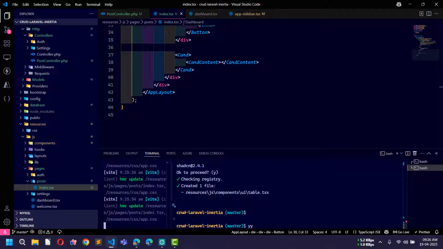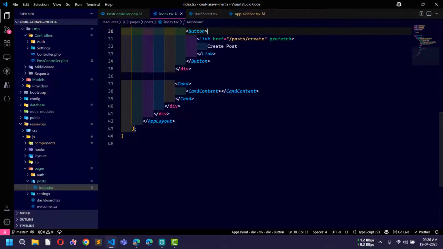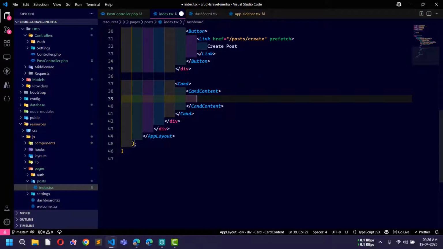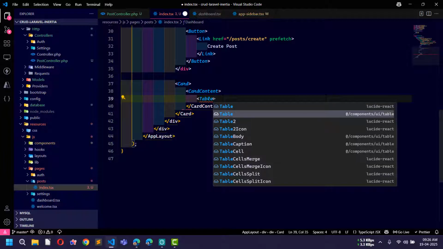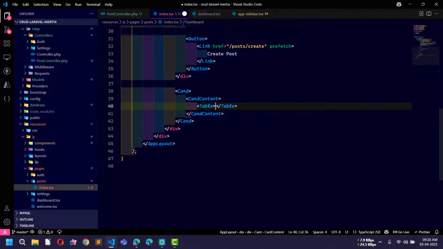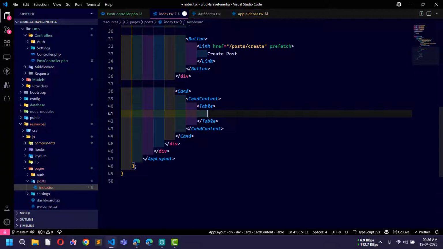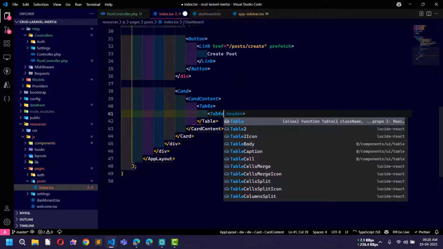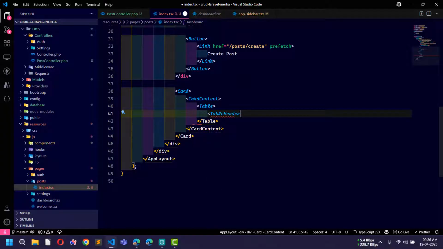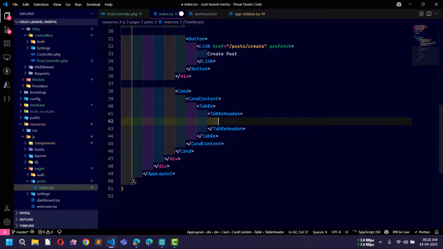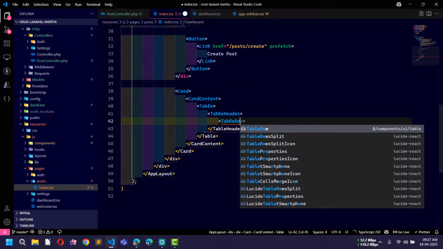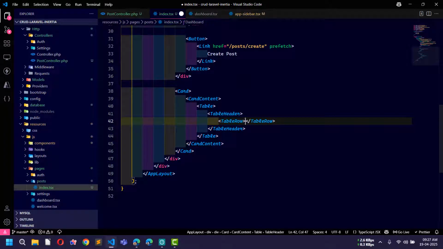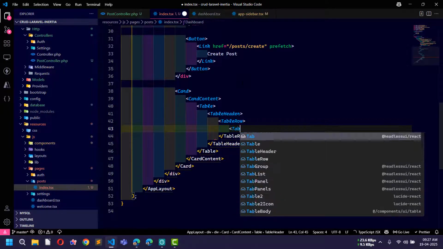Okay, so you can see the table component has been installed. Let me close this terminal. Now here inside this one I will use Table from components/ui/table, and inside this table we will use TableHeader, and inside this TableHeader we will use TableRow,